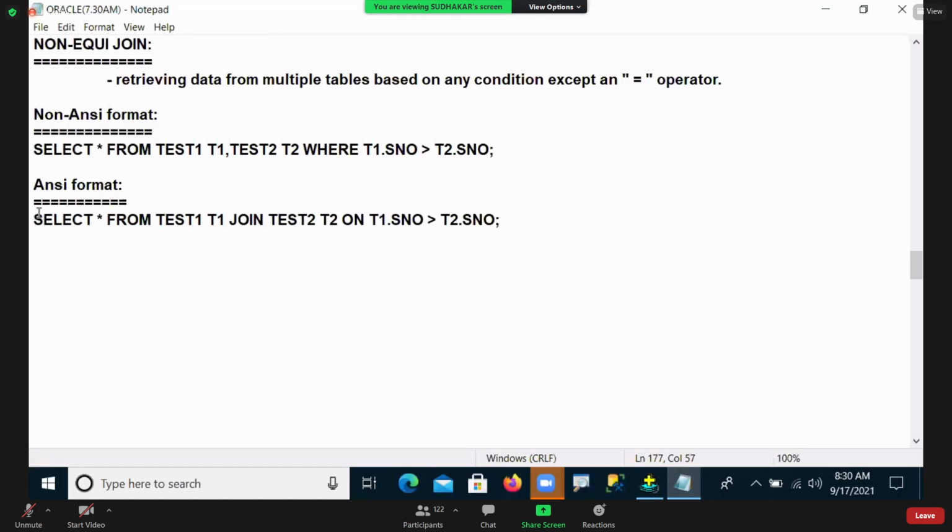Okay? Right. So next, one more example. Let me go to the next example, guys. Write a query to display employees whose salary is between low salary and high salary.